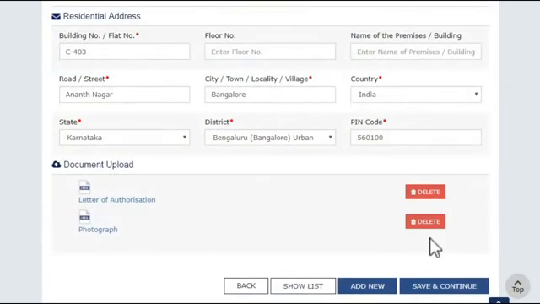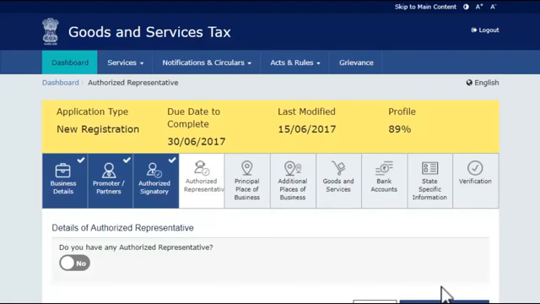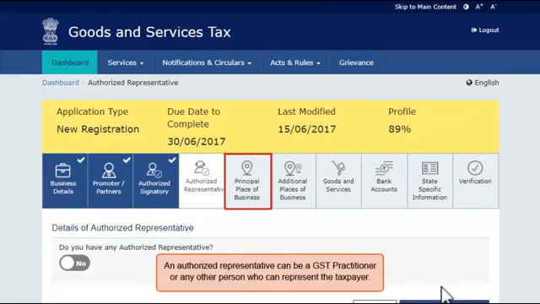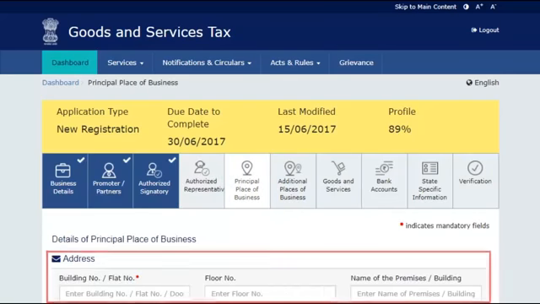You can add multiple authorized signatories by clicking the Add New button and adding the details. Click Save and continue to save this information. In the next section, you may enter details of any authorized representative if desired. Else, move to the next section, Principal Place of Business. Here, provide the address of your business premises,